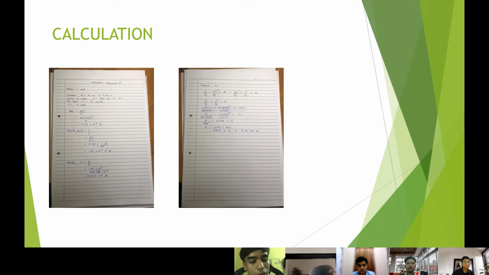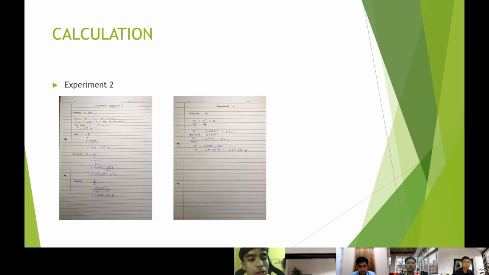And for the velocity of water, we use the formula flow rate per area, and we get 0.6216 meter per second. And for the pressure, we use the Bernoulli equation and we get 13.92 kilopascal. Next, for experiment 2,